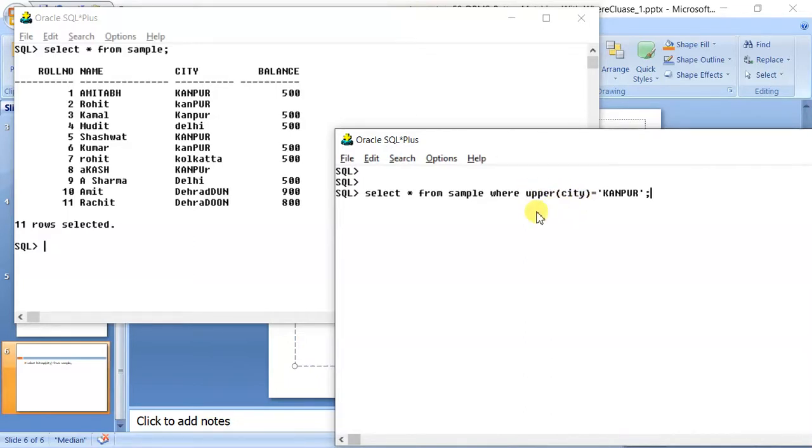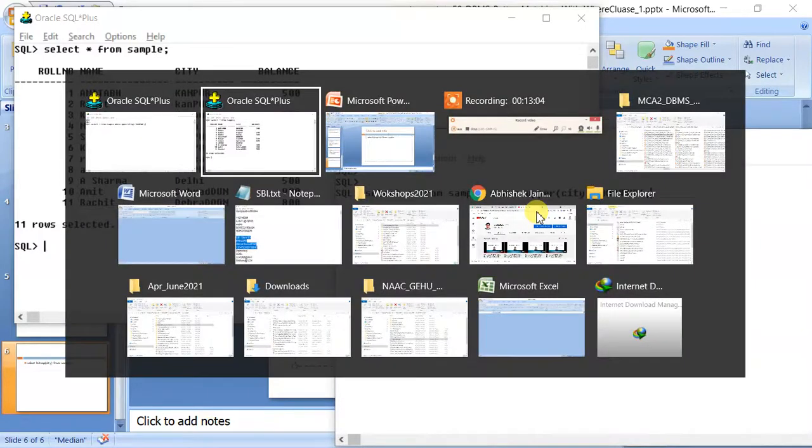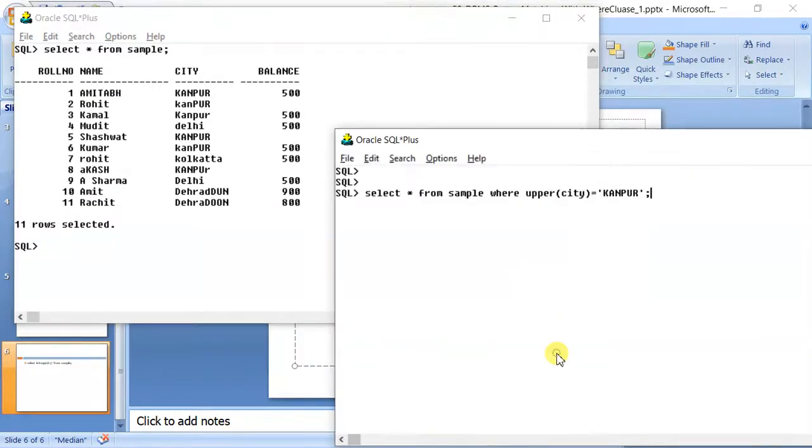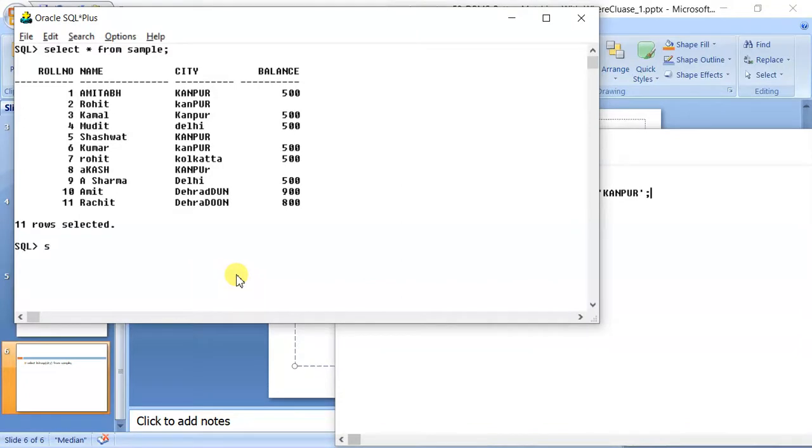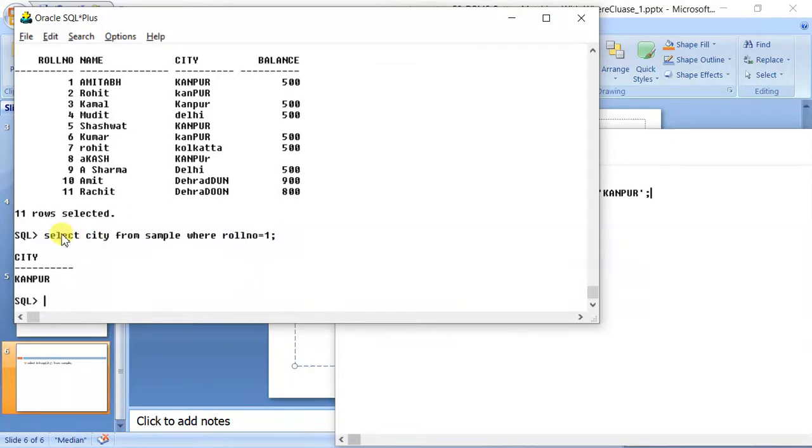Okay, so for example, let me show you. Select city from sample where roll number equals to 1. What will be displayed? Capital Kanpur. Now if I type select upper city from sample where roll number equal to 1, then will it make any difference?